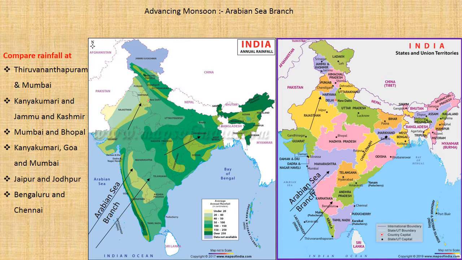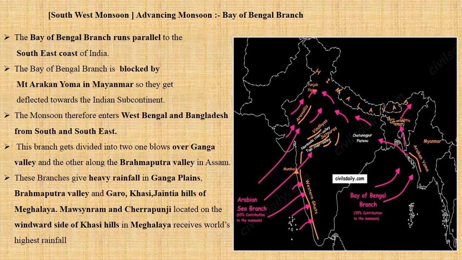Now, let's go to the next slide. Now, let's study the Bay of Bengal branch, the second branch of the southwest monsoon wind. The Bay of Bengal branch moves parallel to the southeast coast of India. Due to Coriolis force, the Bay of Bengal branch takes a turn to the right. When they start blowing to Myanmar, which is the neighboring country of India, they are blocked by mountains called